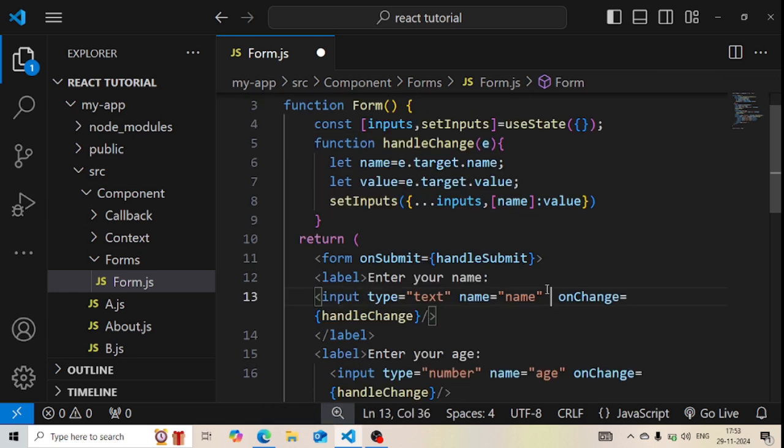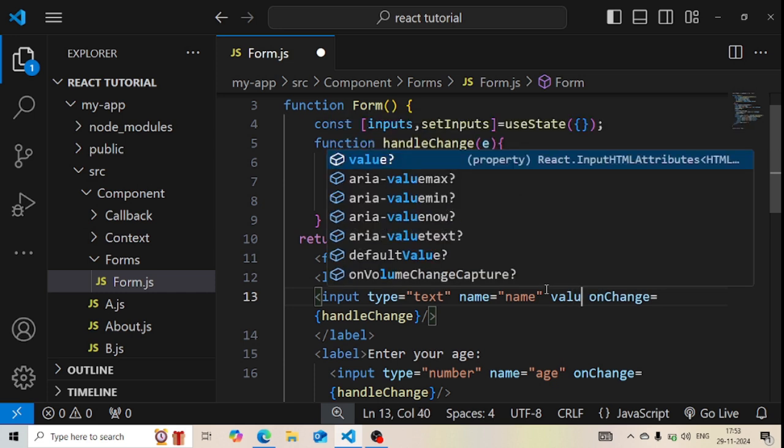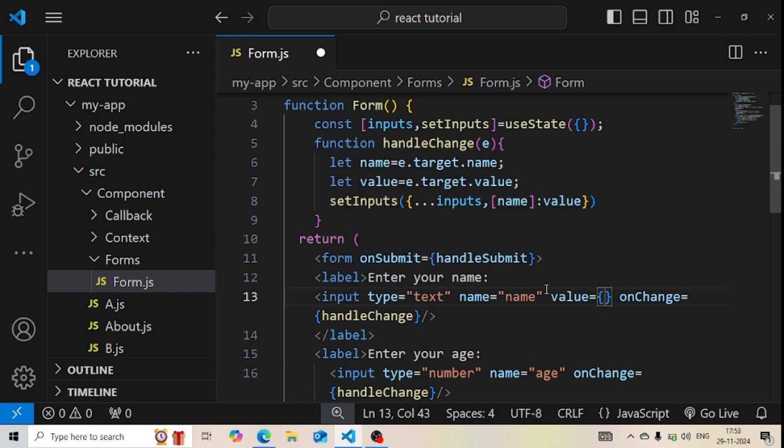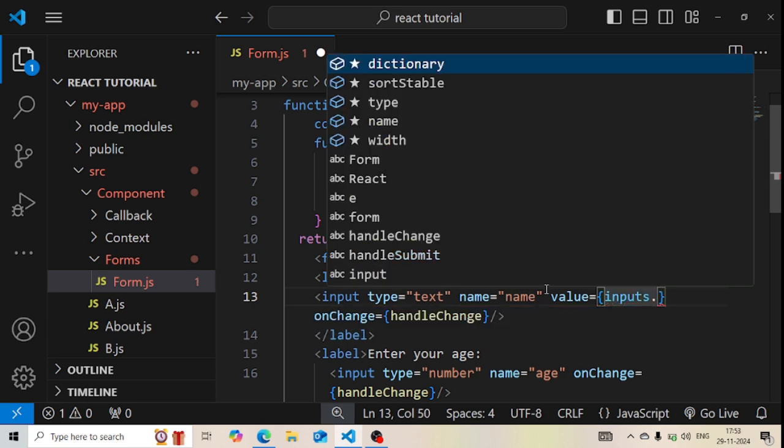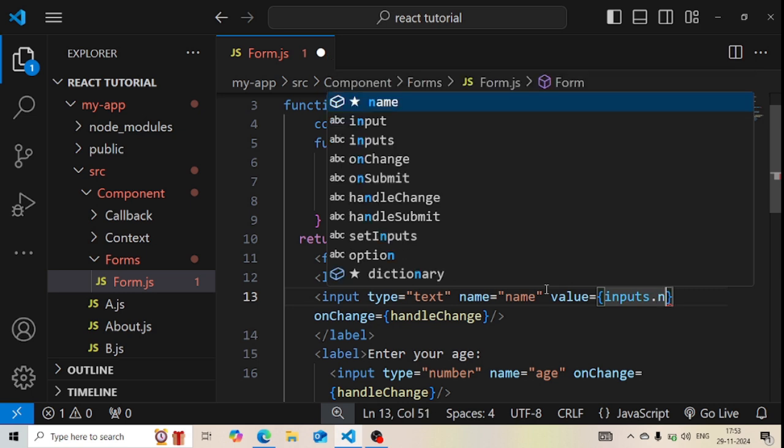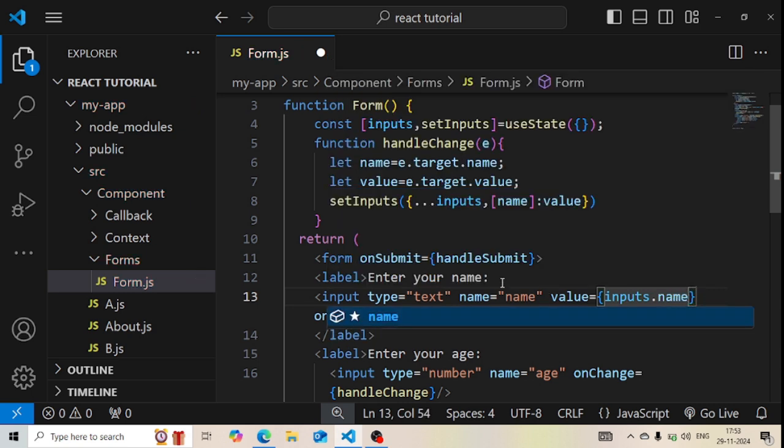So now there's only one attribute left, that is the value attribute. I'll just simply write the value attribute to all the input fields. I'll write value equals to the inputs dot, and we'll name it one by one. For the first one, we have name for this field. I'll just copy this out,